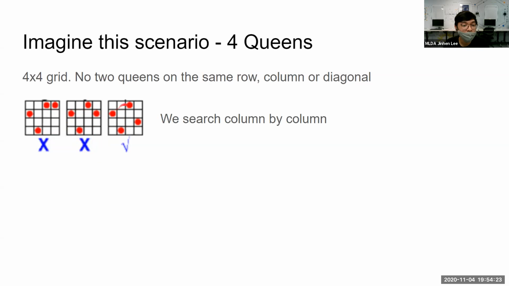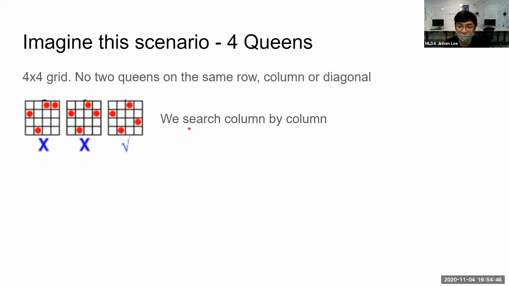But this one, 1, 2, 3, 4, is considered a legal assignment. So that's why this is considered, and all 4 columns are filled. So this will be considered a solution that we are trying to arrive at. So this actually is the final solution that we are looking at. So now we're going to discuss how actually we end up in this final solution.